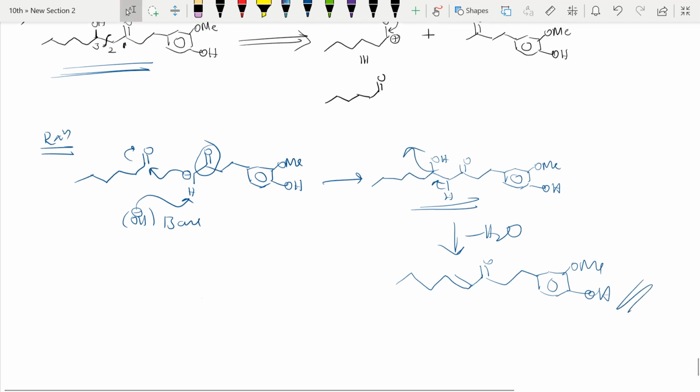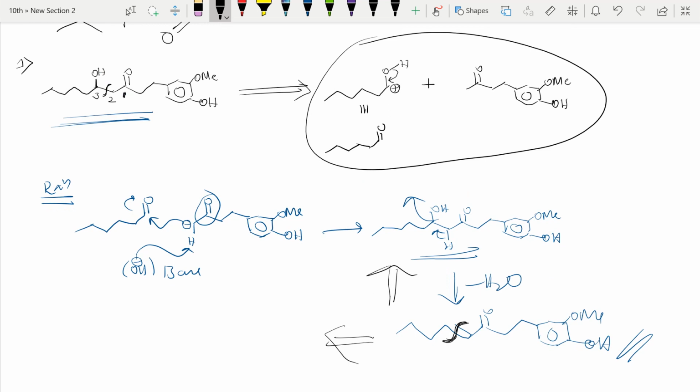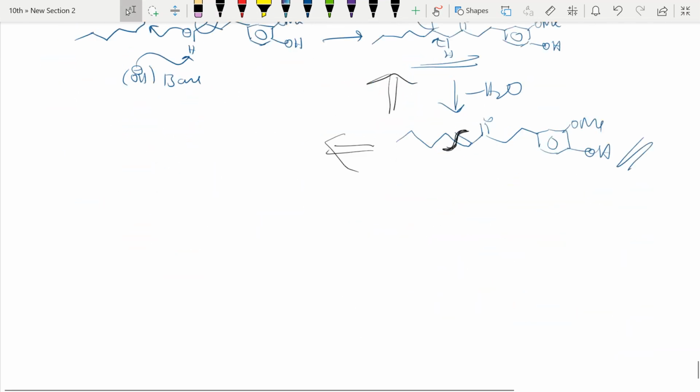So if they have given it like this, and you want to do retrosynthesis for this, what I have told is, just directly disconnect like this. Both are the same. You can disconnect like this, or you can do functional group conversion from this to this, then further retrosynthesis, as I have explained above. Here, retrosynthesis you can do by converting first to this, then retro. I hope you understood. Right.